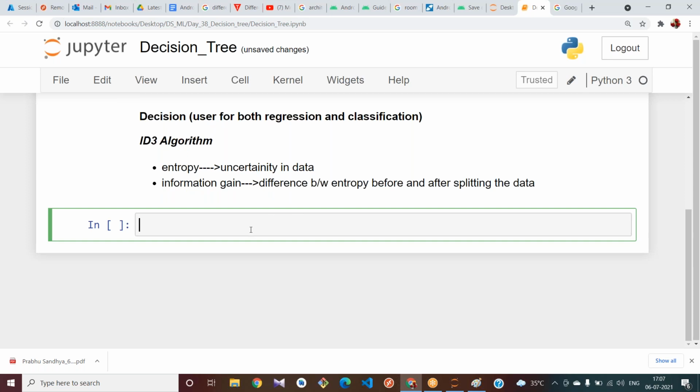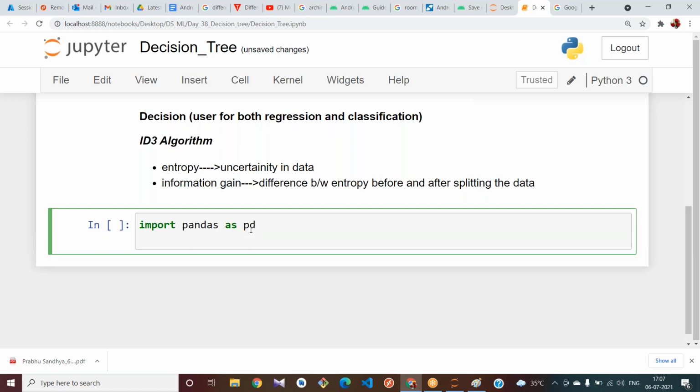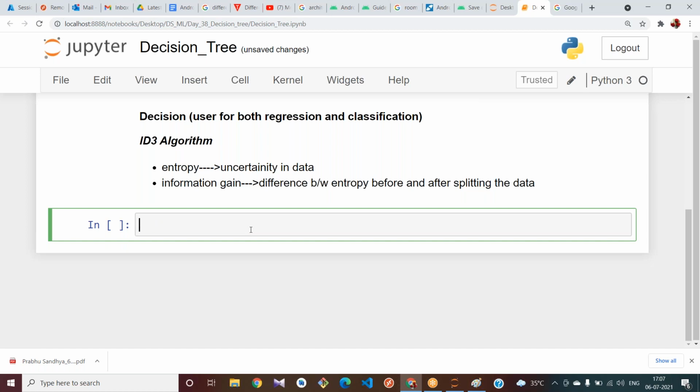From the sklearn datasets, you will have one dataset called iris. Please try to load the dataset and create a data frame from it.